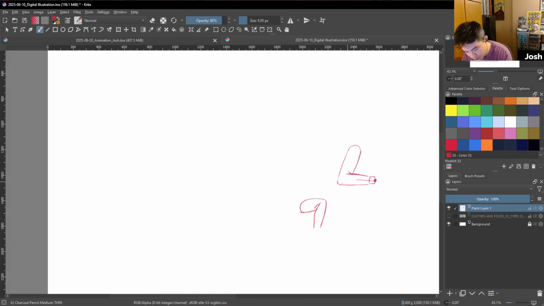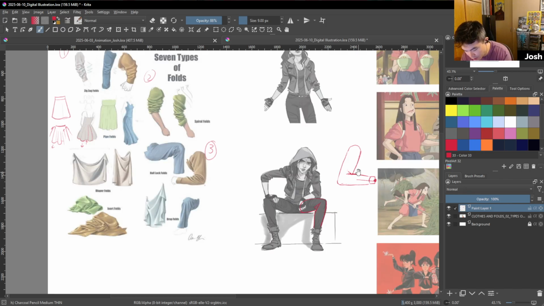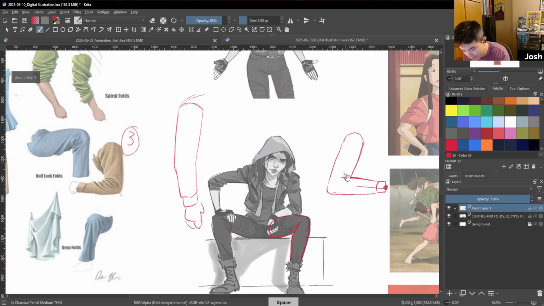So folds, it's really just about knowing where to intersect them. Put one or two lines, and that becomes the foundation or basis of where you should put things. Because for the most part, if shirts are hanging straight down or you're just sitting, they're either hanging on your arm loose like this, like here's your hand, your thumb, it's probably loose like this and it's sitting on the shoulder, or it's doing something like this where you have a half lock and you just have two folds. So this is a much more simplified way, but hopefully it gets your